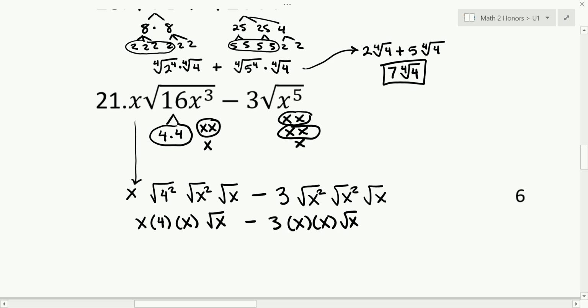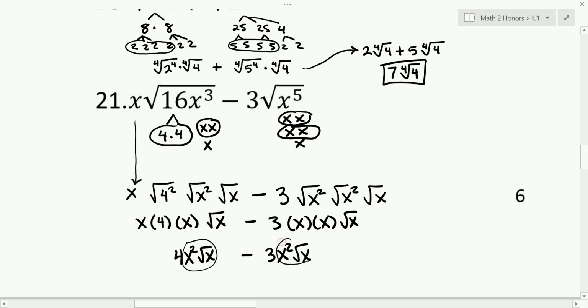So what do I get here when I multiply all this together? 4x squared square root x minus 3x squared square root x. Can I subtract those? Yes. And when you do,